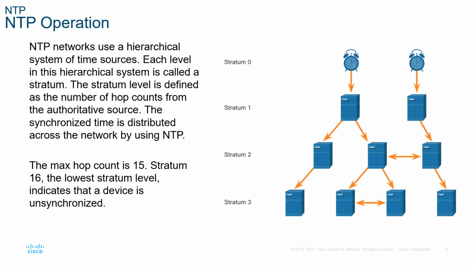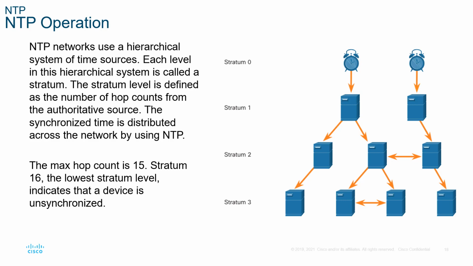So how does this work? NTP uses a hierarchy system for time resources. Each level in the hierarchy is called a stratum. The stratum level is defined as the number of hops counting from the authoritative source, and a synchronized time is